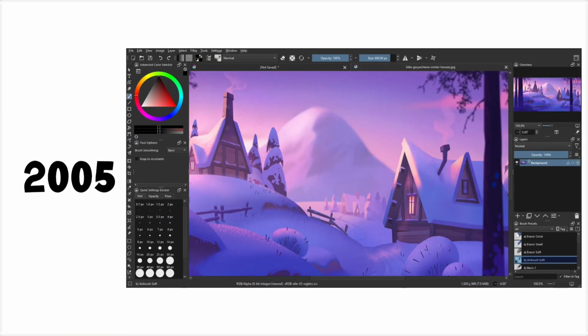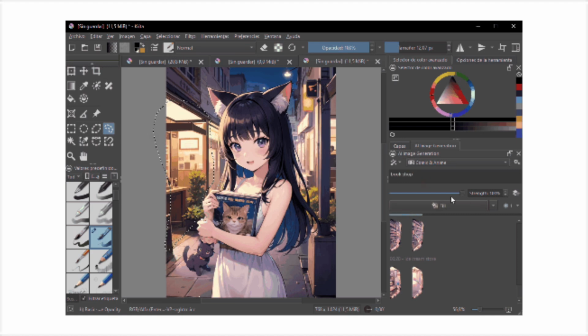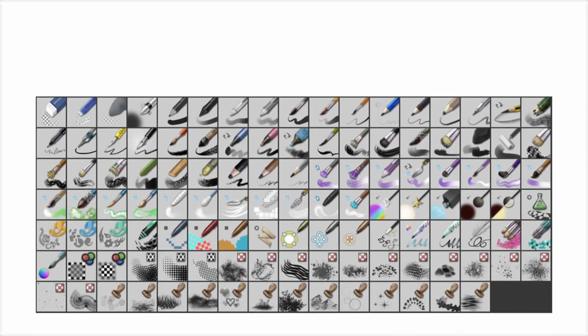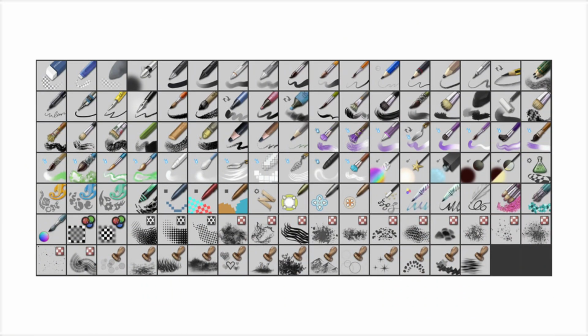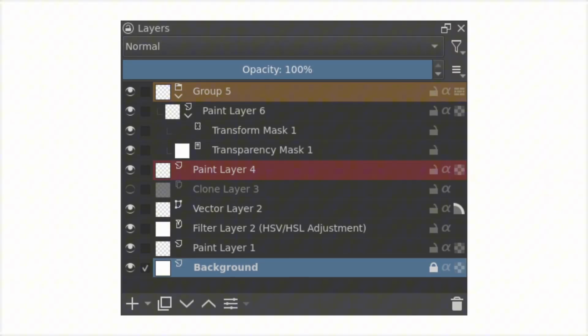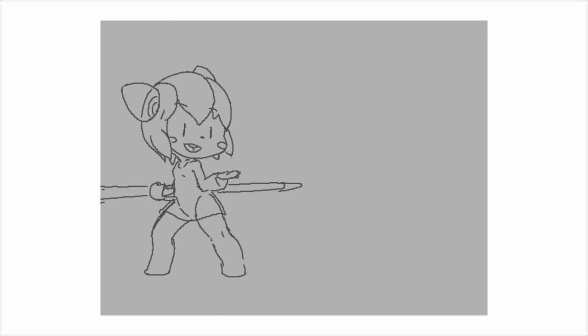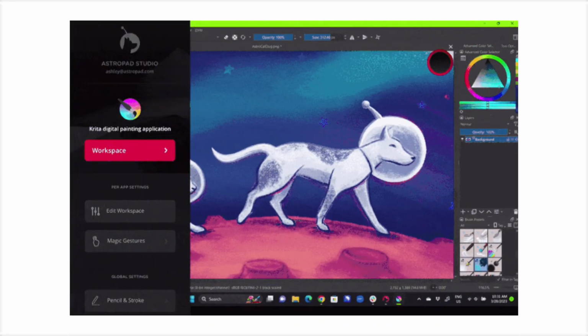Krita launched in 2005, a free and open-source digital painting software designed specifically for artists and illustrators. Krita focuses primarily on drawing and painting, making it one of the most popular tools for concept artists, comic creators, and digital painters. Krita includes hundreds of customizable brushes, advanced layer management, brush stabilization, animation tools, and a highly customizable workspace. Its natural drawing experience has made it a favorite among artists who want professional-grade painting tools without paying for